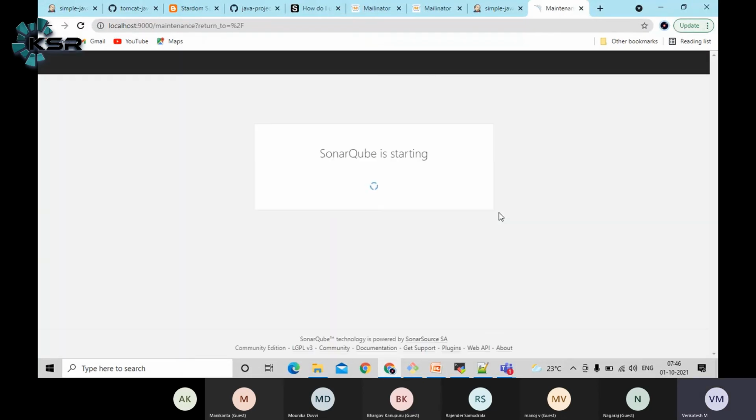Yeah, the service is up, guys. In the initial time, you need to create some tables, some schema kind of thing, so there is some starting phase. As I mentioned, this is just the first time only. From the second time, this will be a little bit faster. Some initial steps it will do automatically. Let's wait for some more time. It takes more time than expected. Yeah, sonar is up.